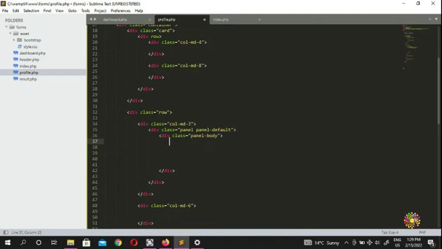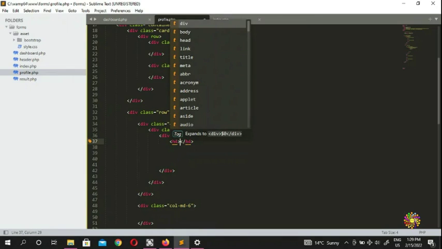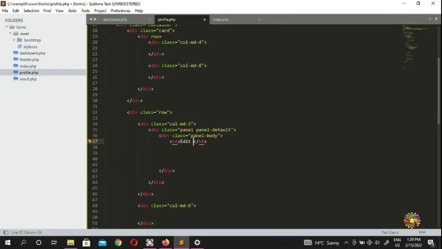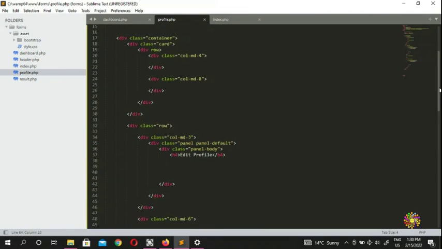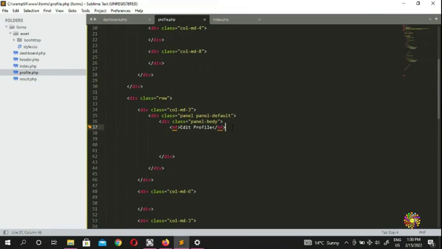I'm gonna put an h4, edit profile. So you're gonna edit your profile here, but where it says col-md-3, we're gonna copy this one all. Why am I copying this one? Because I want to move it to another one, because I'm going to need it later on for this one. So now we're going to come back to this one,